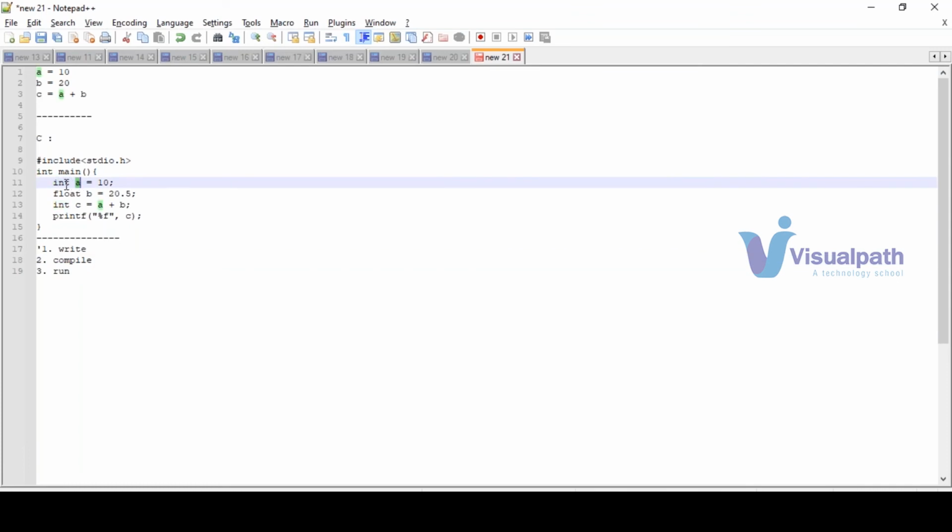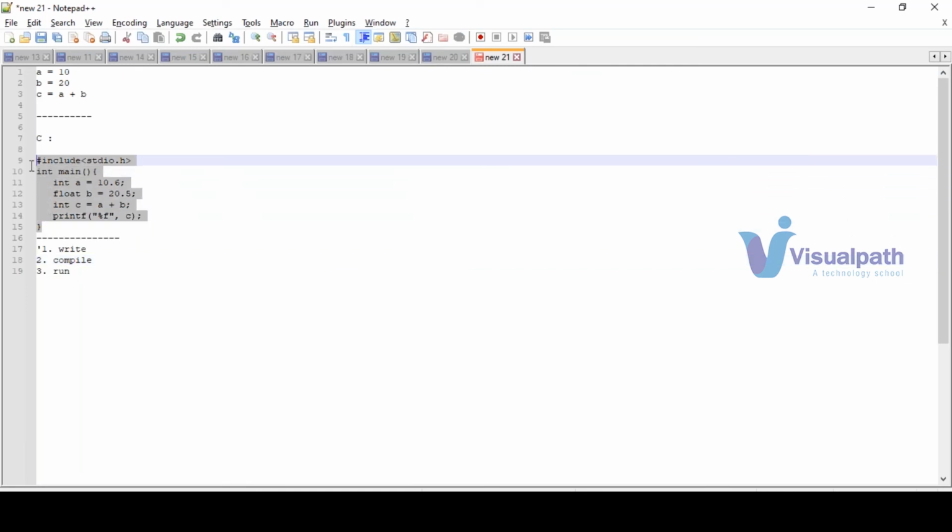Once you say this variable is of type integer, it will allocate some memory and the value will be stored there. Say you have declared this as integer, but you assigned a floating point value, then what will happen? At the compilation stage you will get an error, right? So some things the compiler is doing, and some things you as programmers are doing. This kind of programming language we call middle level.